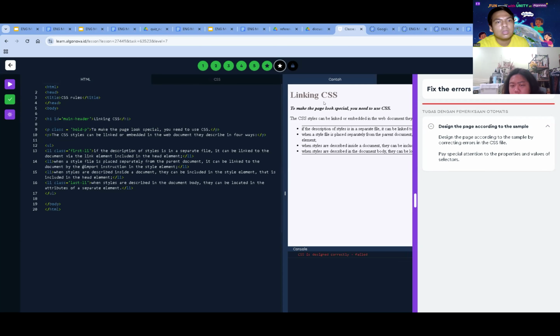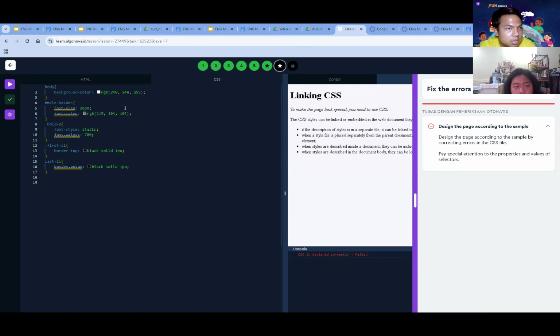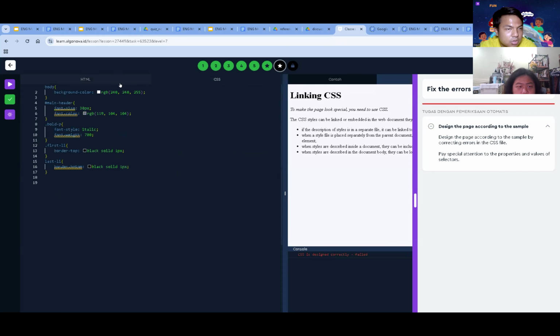So what's the color in this? The color for this, because it's not showing me. Actually, the color is already available. You just need to change the property only. For example, go to the CSS file.